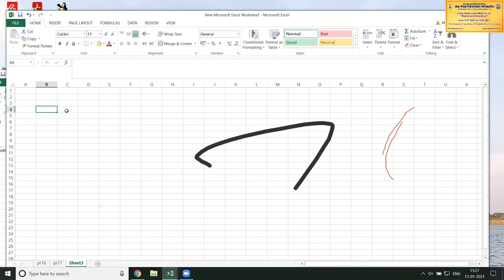To generate random values, we have a built-in function called random. How to generate that, I'm going to tell you now. So this is the data for which we are going to find the skewness and kurtosis values.